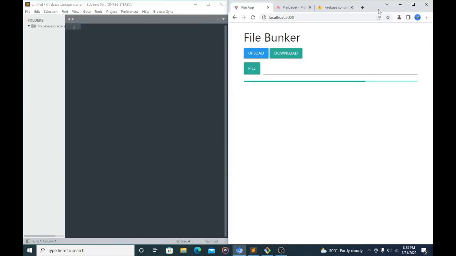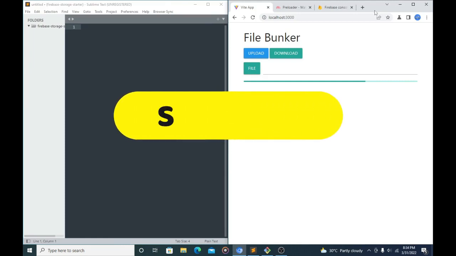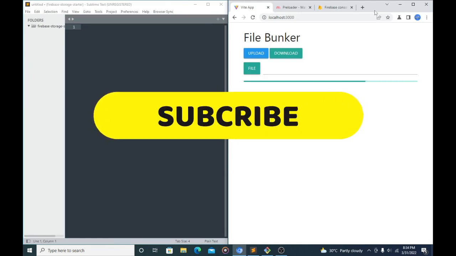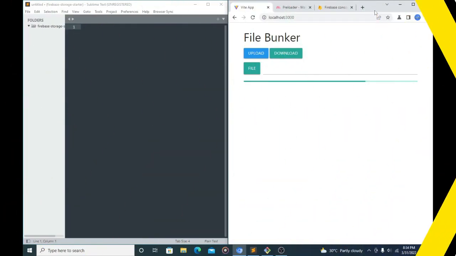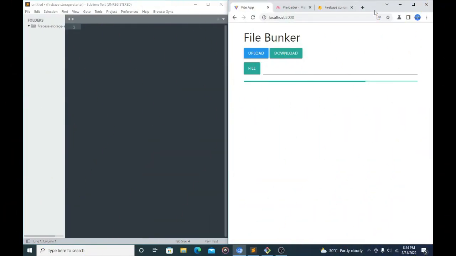Okay, hey guys, in this tutorial we're going to be learning how to upload image files to Firebase Storage with Firebase version 9. Firebase version 9 is a different version from version 8. They changed the way you have to set up Firebase and use it, because of performance optimizations. So we're going to learn how to get started with Firebase, and we're going to build the little File Bunker